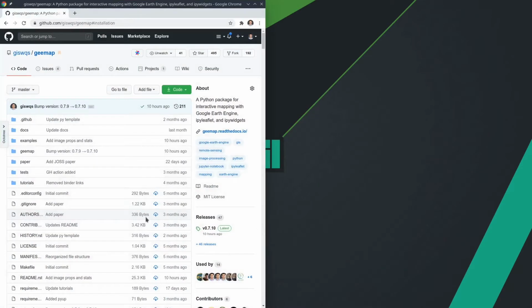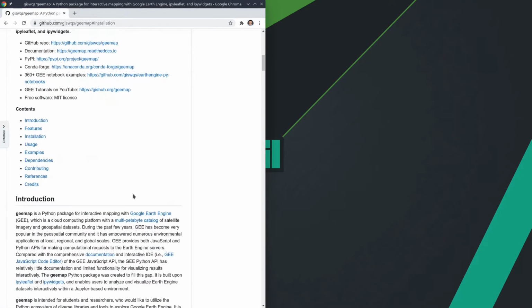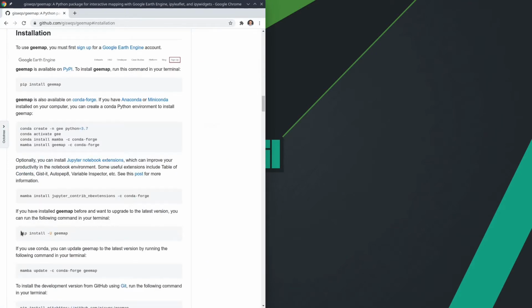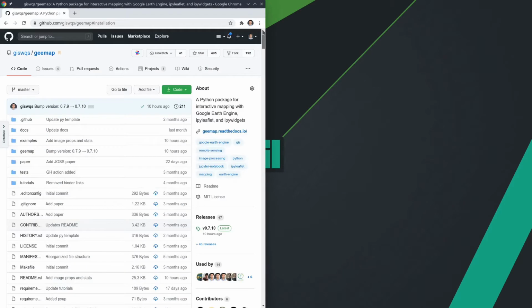Let's get started. First of all, you need to install the geemap package and make sure that you install the latest one. If you have installed this before, you need to update to the latest version, 0.7.10, and you can click here for the installation page on how to update the package. Once you install and update the package, then you can go ahead and